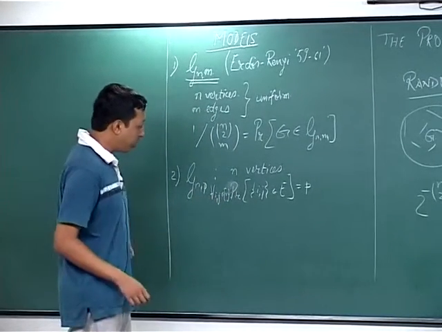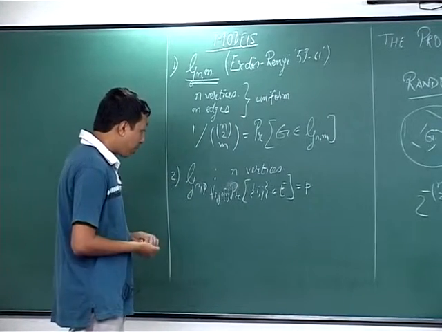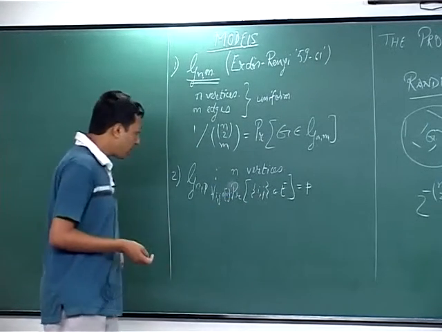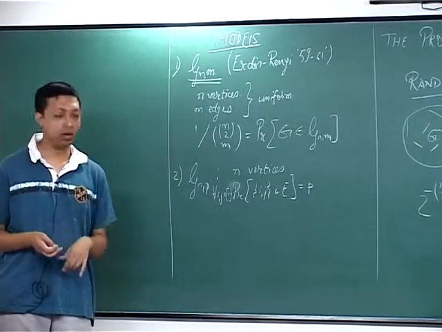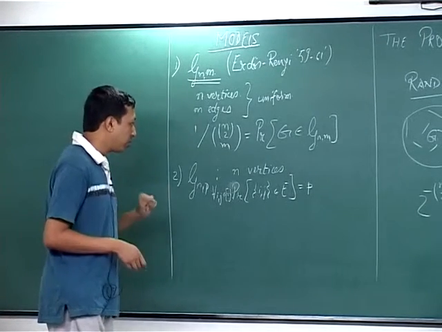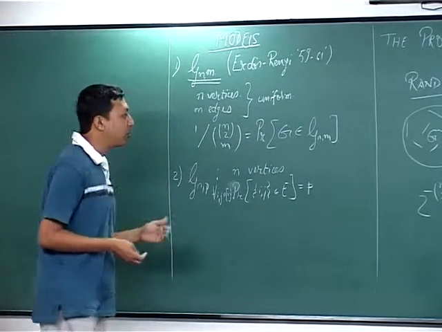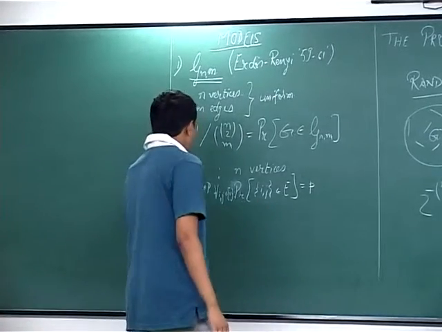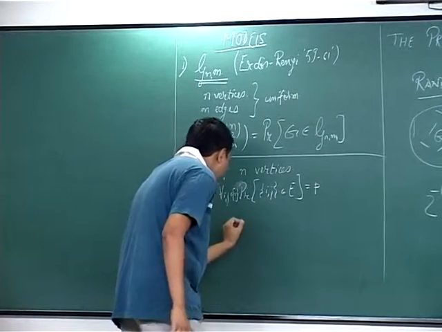Choose any two vertices i and j which are not the same, and the probability that ij is an edge is p. Now this p can be a constant, or it could even be a function of n. So p could be something like 1 by n or 1 by root n, or it could be a constant. In any case, now what is the probability that a fixed graph, again just to give some starting point on how to think about these objects.